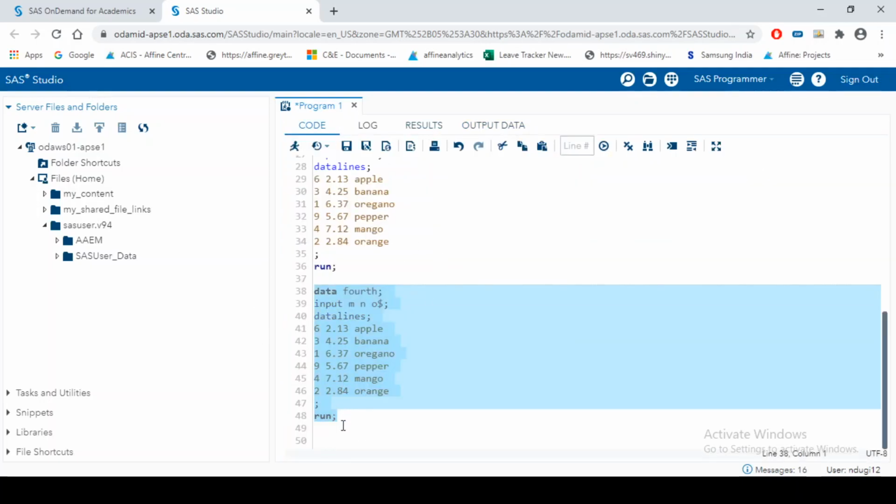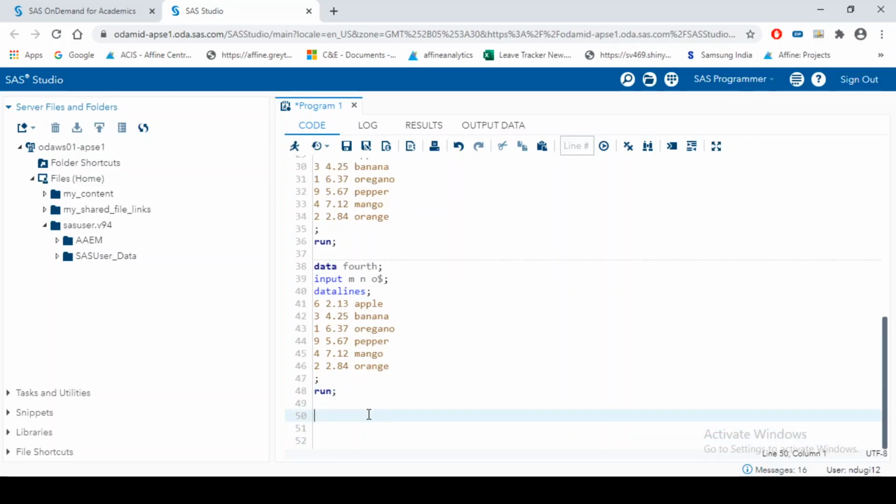This is basically to give you an overview of how we can write a program and see the output. We will be discussing all the details, like how to define the permanent library, what the syntax is, what the rules of creating variable names are, and how many bytes or characters we can use to create these variable names. This is the intro session, where we are just seeing the windows, the interface, and how we can create the dataset.